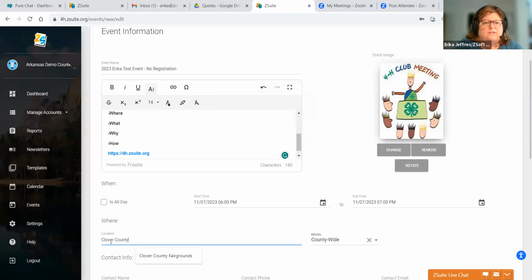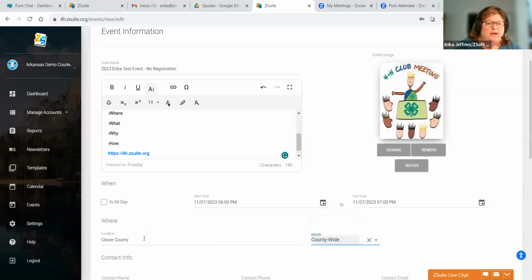Anywhere where you have your text prompt, that's what will be used if somebody is researching, or also what appears in the little capture, if you will, on the calendar. It'll give you a preview of the location, what the event name is. In your bigger advertising that households or your volunteers may see, they'll actually get the image, they'll get more information. But any of the information you can provide as far as location,